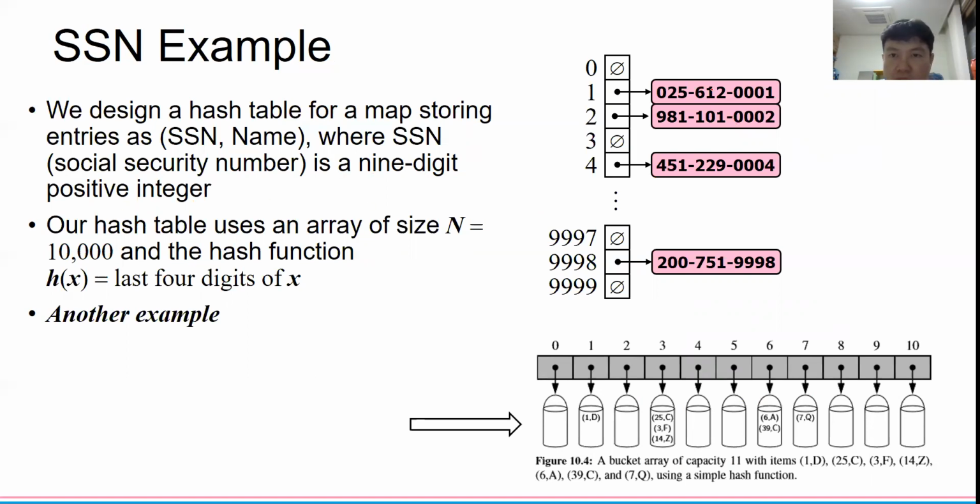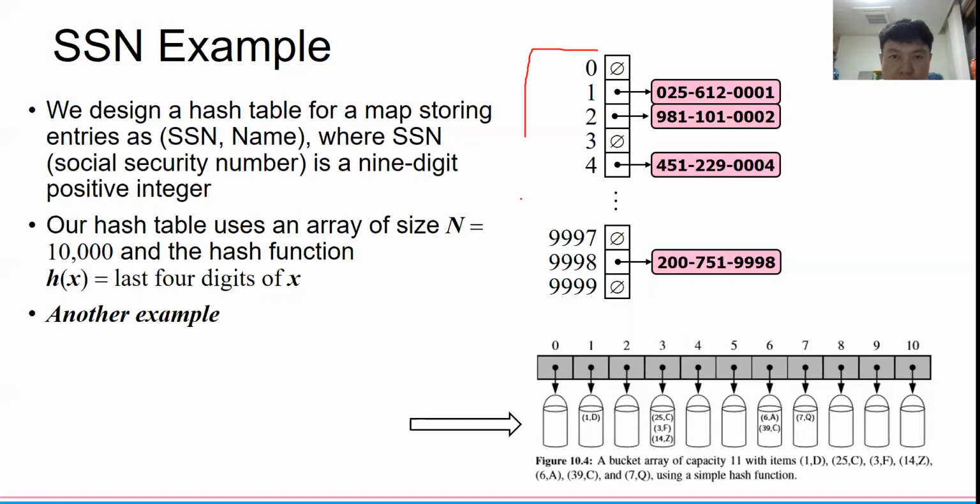Okay, so we have 9. Actually this is 10. No, yeah, it should be 10. I don't know, 9 digits. So we have this digit, and we are going to use the hash table. For this example, I just want to have